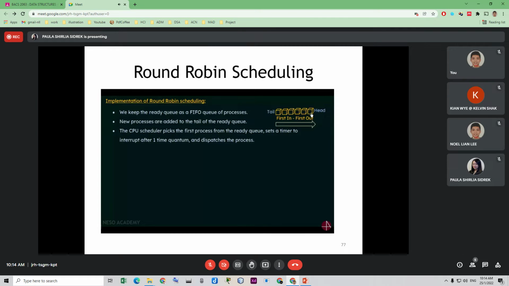So let's say if it was 5 milliseconds, it will be running for 5 milliseconds. So at the 5th millisecond, the timer goes off, and at that time, the CPU scheduler will take control of the CPU away from this process that was using the CPU, and it will give it to the next process that was waiting in the ready queue. And it goes on like that. Even this process will use it for that particular time quantum, then it will be given to the next process